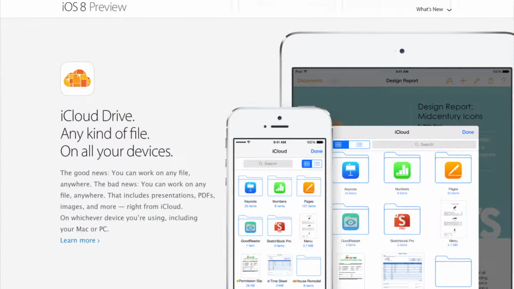And now on to iCloud Drive. Basically, iCloud Drive is kind of like Apple's version of Dropbox or iDisk, what they had before they got rid of MobileMe. So you can store all your Apple files and any other type of file as well, which is really cool and really awesome stuff like that.